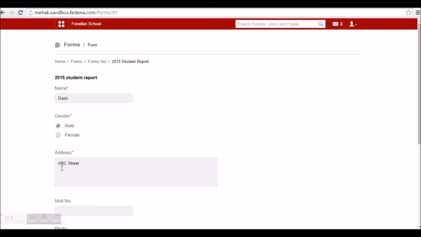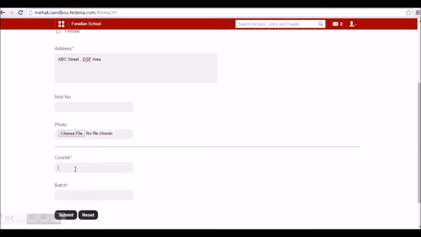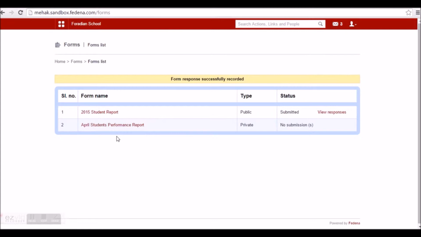So this is the public form that I am filling. So this is how the public form can be filled in.